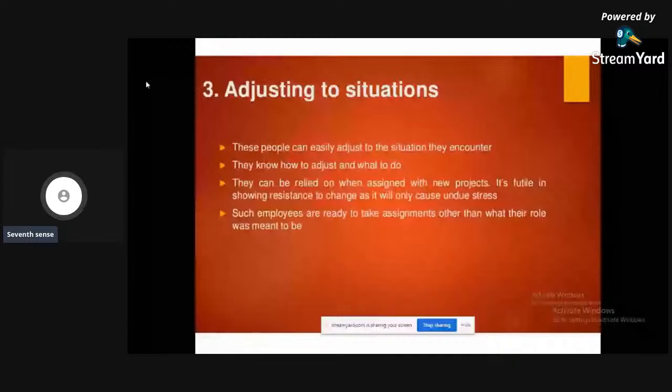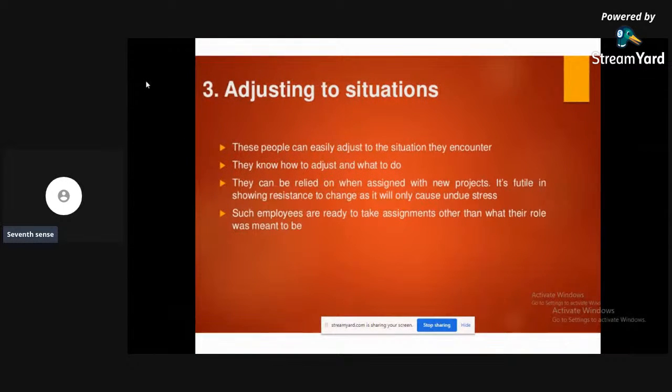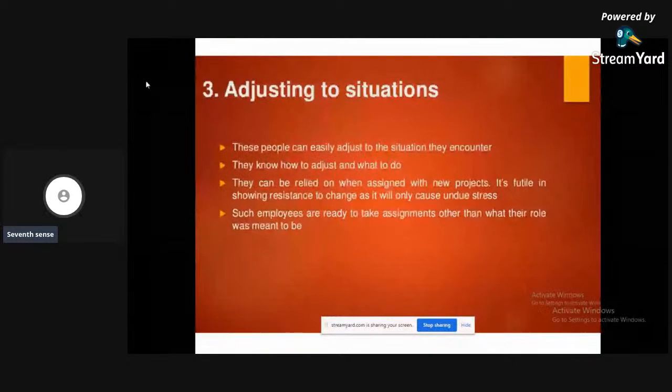Otherwise, it is going to be stressful and cause stress to the people who have hired you. You're not going to benefit, neither is the company. So when you're able to adjust to situations, employers will show interest in hiring you. If you are the person who won't adjust to situations, even if you are skilled, people are not going to hire you.